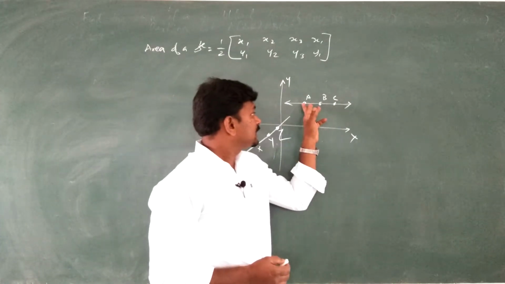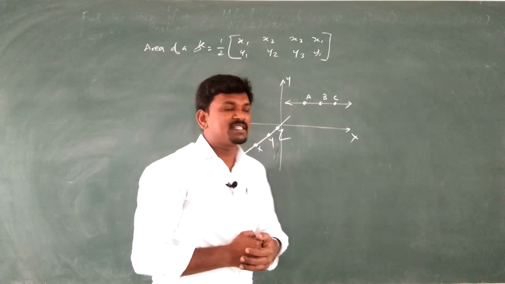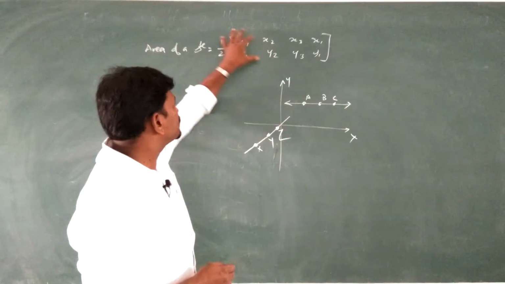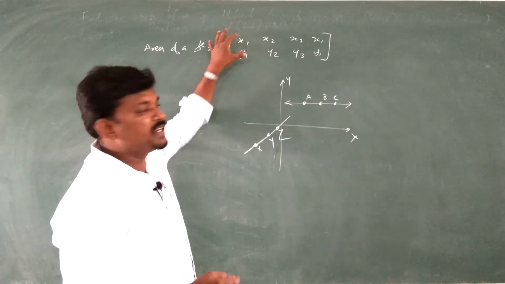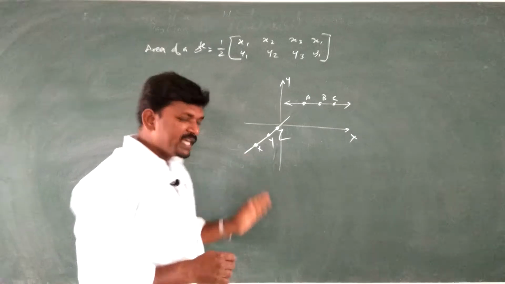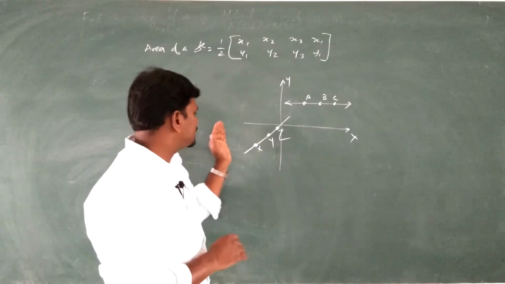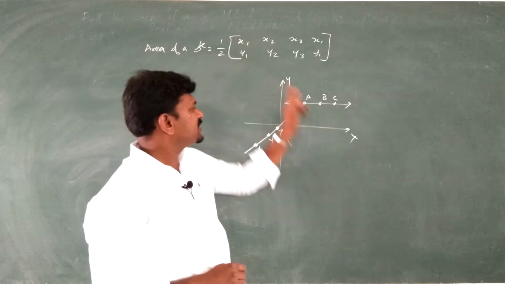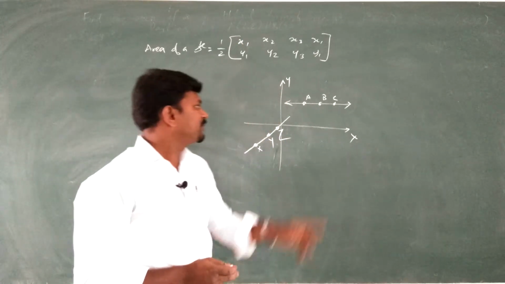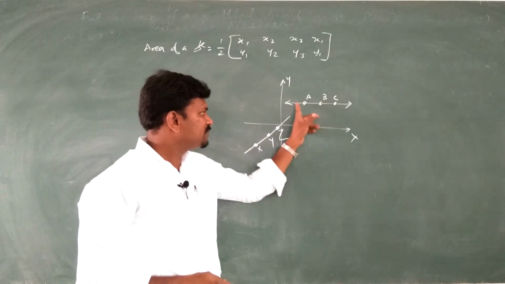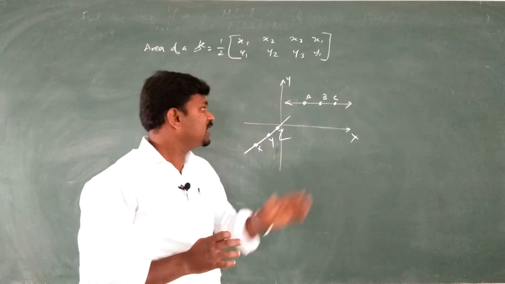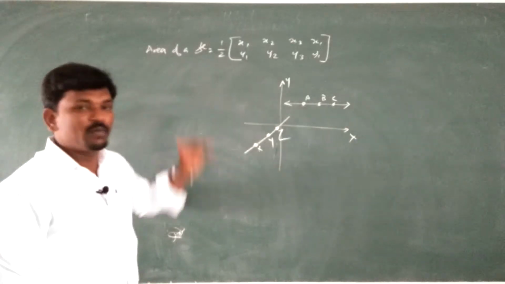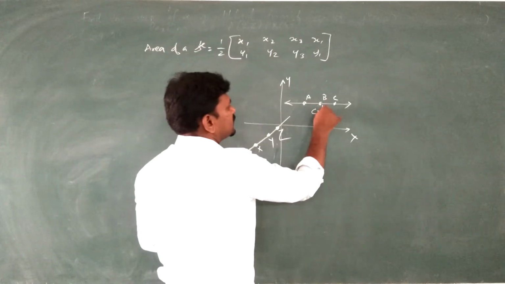So how do we check whether the given points are collinear or not? We have to use the same formula. We have to find the area. If the final answer is 0, then the given 3 points are collinear, because if they lie on the same straight line, they will not form a triangle. So the area of the triangle will be 0. This is the second one, collinear points.